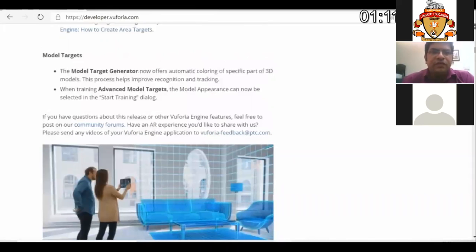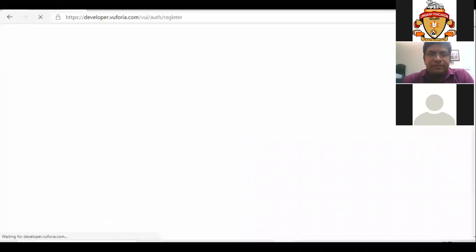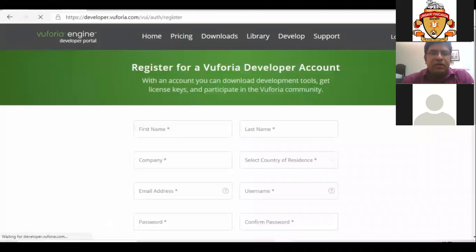This is what the Vuforia website looks like. We first click on register, and we give our details such as name and other things for account creation. It will ask for name, company, and all other things.